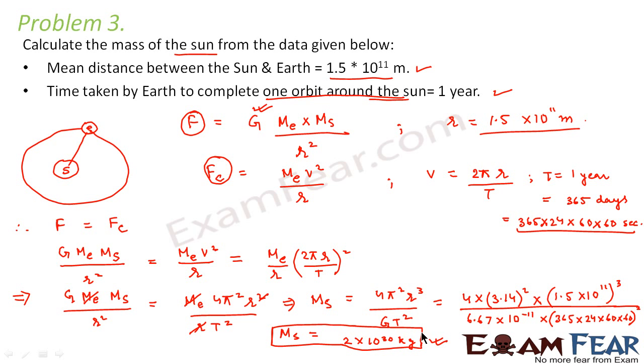Fine. So I hope you understood how we calculated this. In this case, this is our earth, this is the sun. The earth moves in a circular orbit. Therefore, there is a centripetal force which acts. Now, the centripetal force which acts on earth should be equal to the gravitational force which acts on the earth due to the sun. So this is the gravitational force, this is the centripetal force. We equated both of them, because in equilibrium both of them should be equal. That is when the earth is moving in a stable manner around the sun. That means these two forces must balance each other. And then we have just substituted the values which are already given to us.